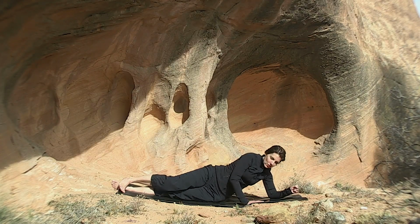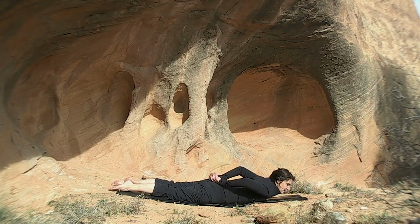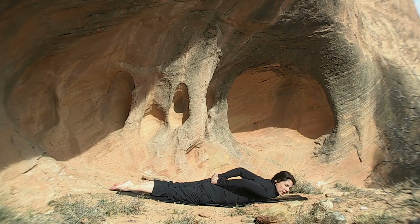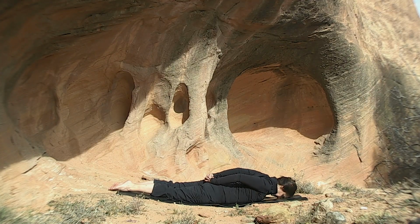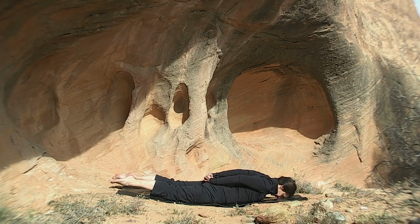Release. Roll onto your tummy for the boat. Interlace your hands behind your back, and if your hands don't reach there today, hold a belt, but walk your hands together as much as possible. Lift your shoulders way up high off the mat, belly up, pubic bone anchors down. Lift the legs